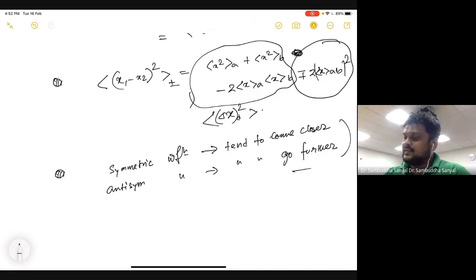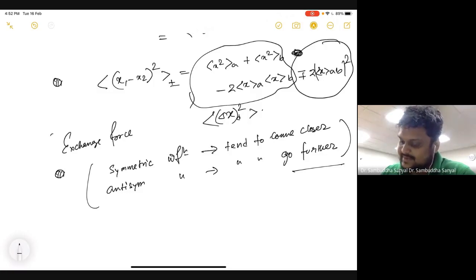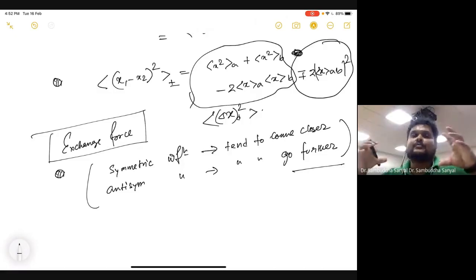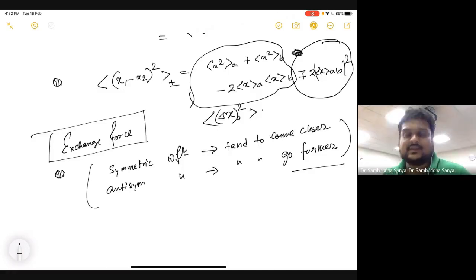Now this statement looks a little peculiar if you have not gone through this calculation. If you try to think of it as a standalone statement, it just tells you there is no actual force acting. So that's why this word exchange force is basically a reminiscence of classical experience, that if you keep two particles and they tend to come together, then you say there is some attraction force working, and if they tend to go further, some repulsive force is working. But this is not really a physical force, because there is no electromagnetic or gravity force acting. It's just two particles which are neutral with respect to all that.